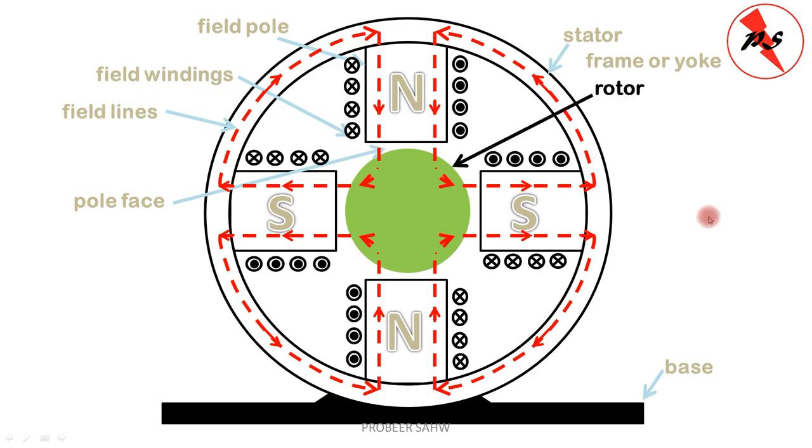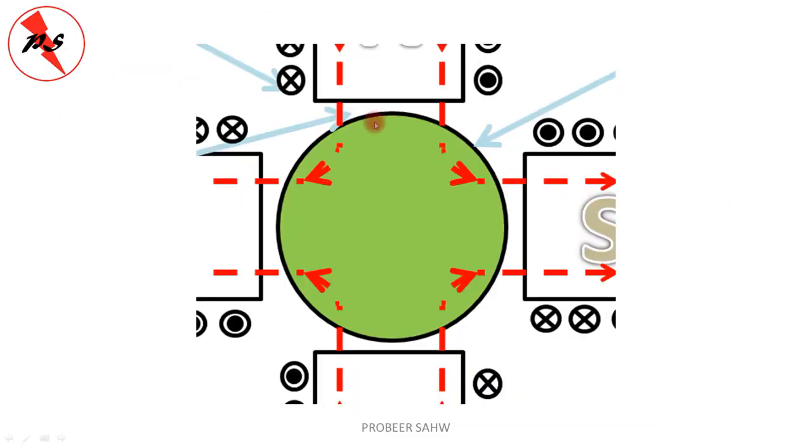Now notice, if we enlarge this figure, we'll notice that at this point the air gap is small. The air gap between the field poles and the rotor is small, whereas at this part the air gap between the field poles and the rotor is large, which creates a problem because the larger the air gap, the larger the reluctance. Therefore, the magnetic flux received by the rotor will be less, which will affect our operation.